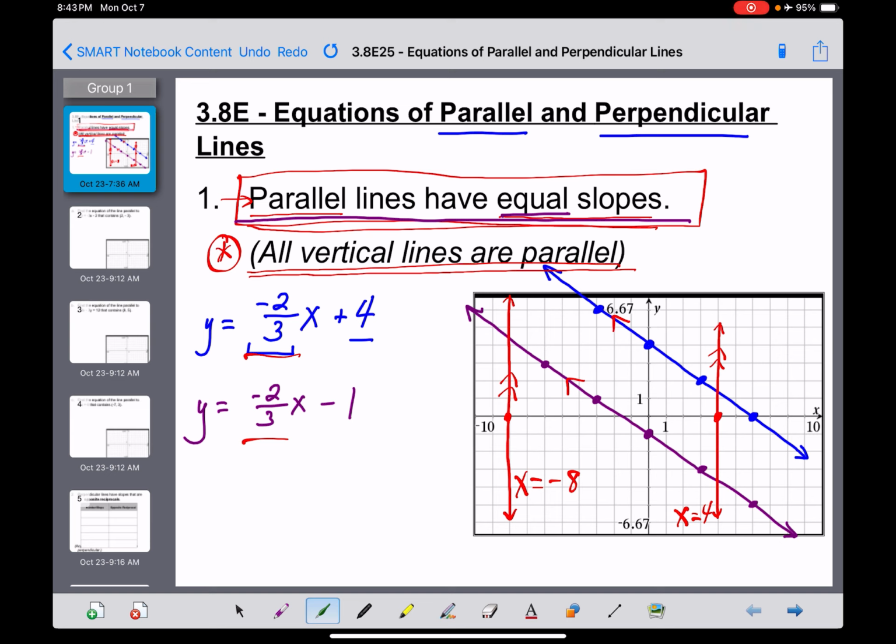3.8a when we did slope, but also 3.8d, is that in every vertical line, the slope is undefined. That is true for this vertical line here, and then also this one on the right. Slope is undefined. And if two lines have undefined slopes, you can't say that their slopes are equal because their slopes don't exist. So equal really means having the same value. And if these slopes are undefined, they don't have values at all in order for them to be equal to